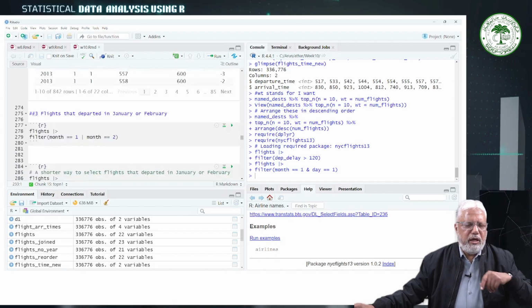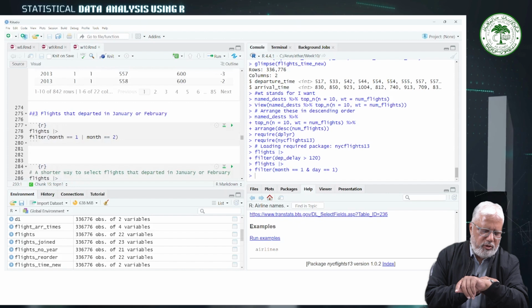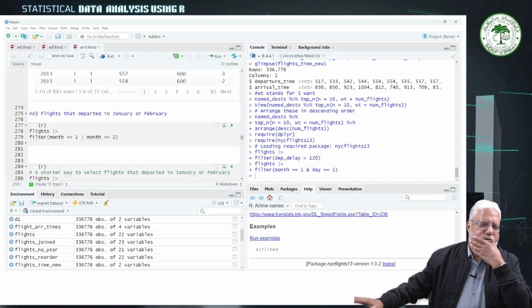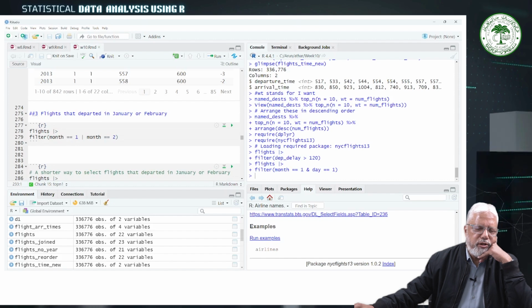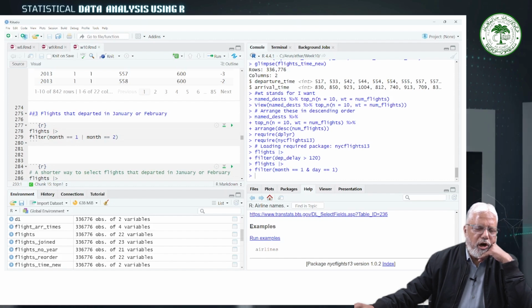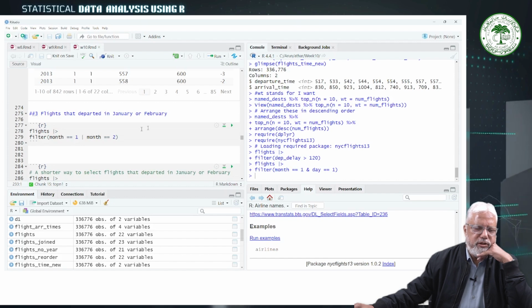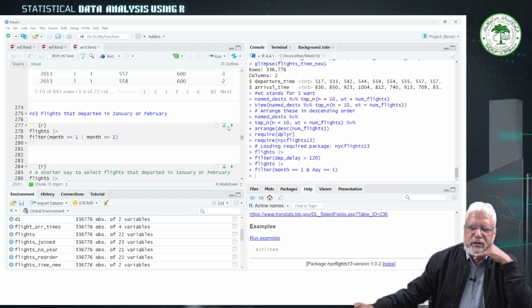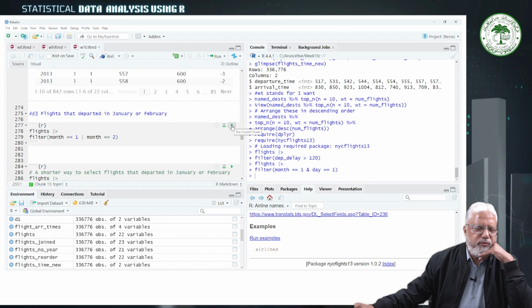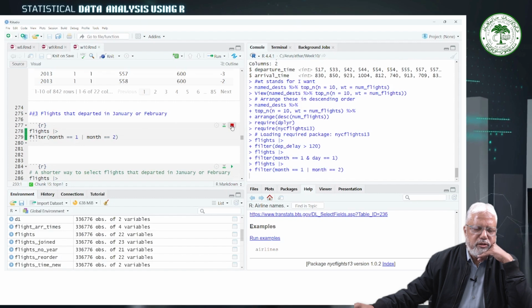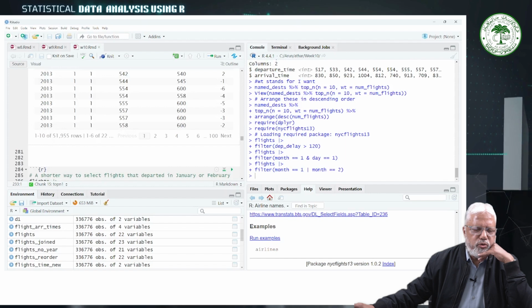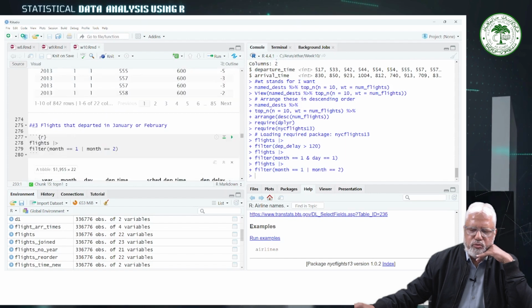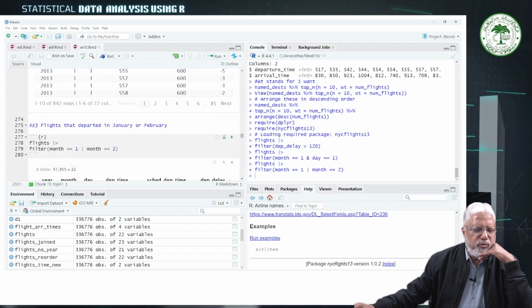Flights that departed in January or February. So flights, filter month is equal to 1 or month is equal to 2. Month is equal to 1 or 2 means it is January or February. So it has selected all those rows in which flights have departed in month 1 or 2. So when we view this,